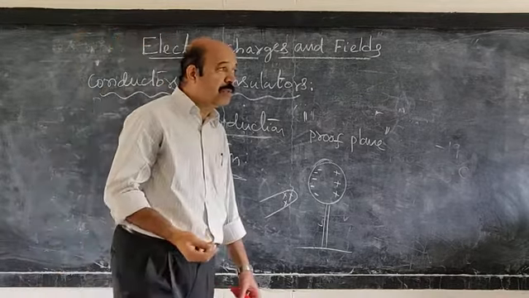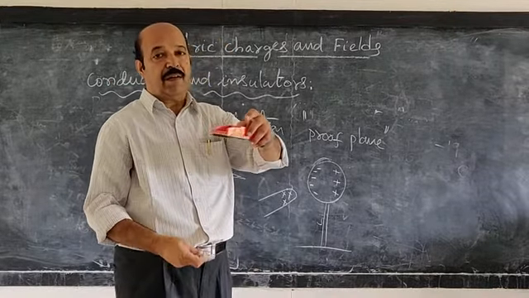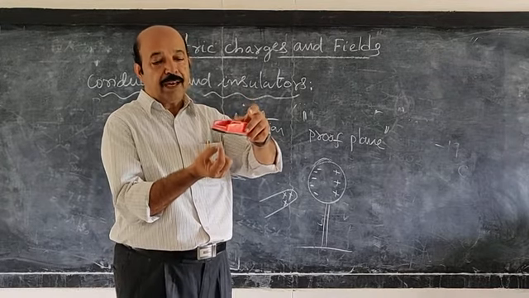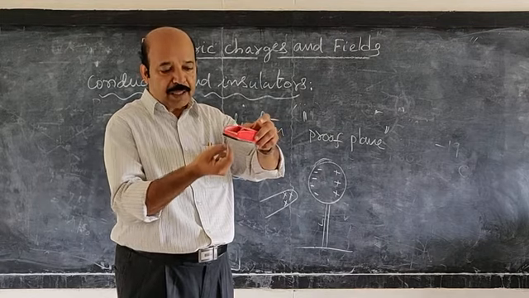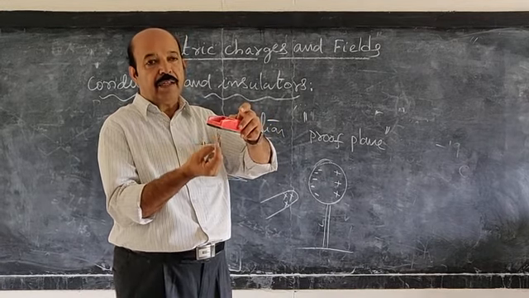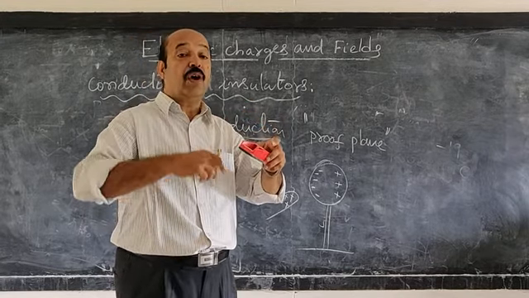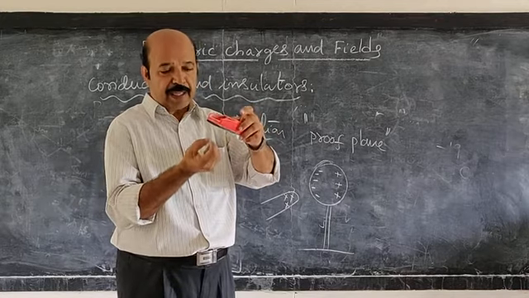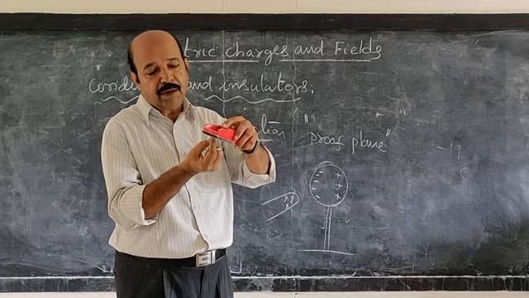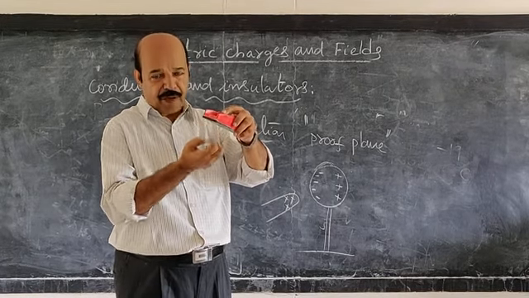So this is what you observe in the dancing paper bits. When the charged pen or the comb is brought near small bits of paper, what happens? The opposite charges are induced on one side of the paper bit, and they rise up, because the force of attraction dominates the gravitational force in that case. They come into contact with the pen, and then it gets neutralized. Due to the weight, it falls down.